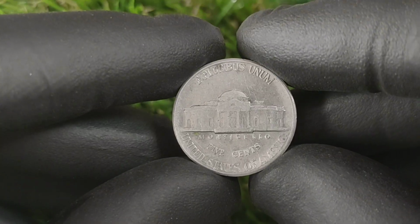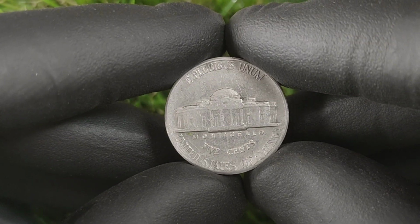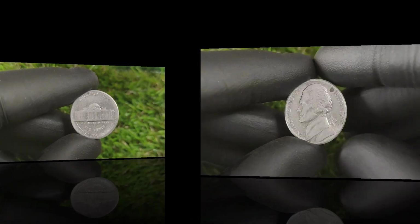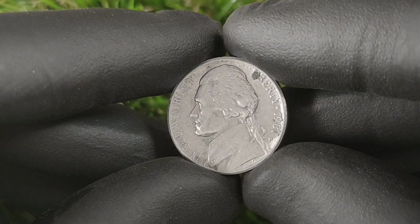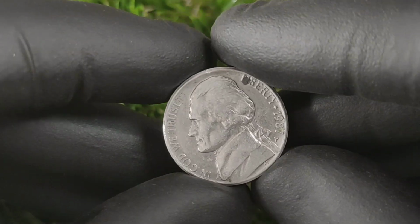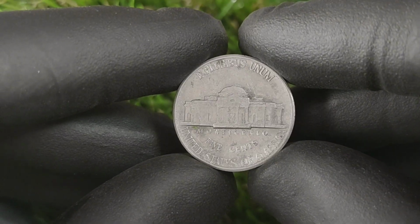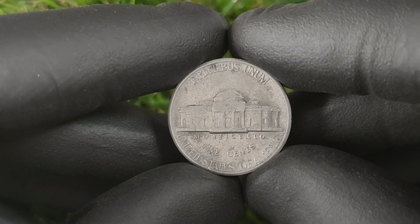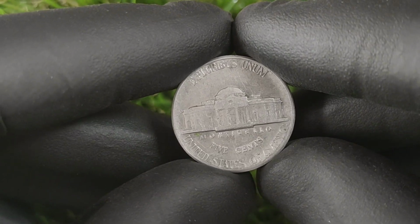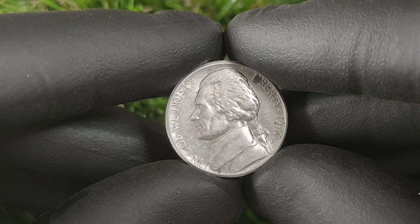characteristics that distinguish it from standard nickels and contribute to its extraordinary worth in the eyes of collectors and investors alike. Minted at the Philadelphia Mint, the 1987 P5 coin features the classic portrait of Thomas Jefferson on the obverse side, accompanied by a depiction of Monticello, Jefferson's famed estate, on the reverse. However, due to a variety of mint errors, this specific nickel has emerged as one of the most sought-after coins in the world. One of the primary reasons for the commanding value of the 1987 P5 is attributed to a